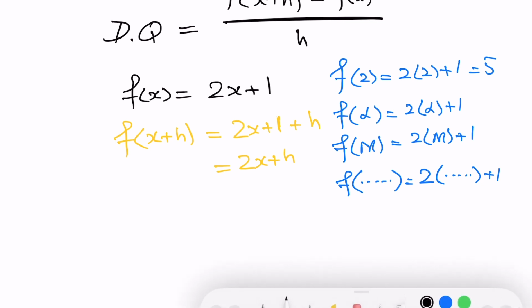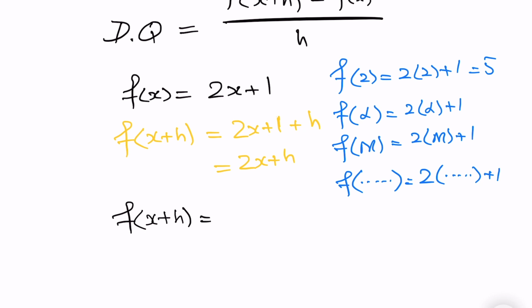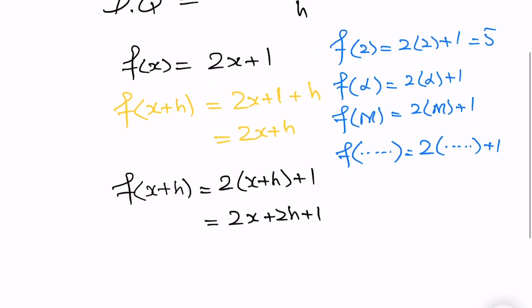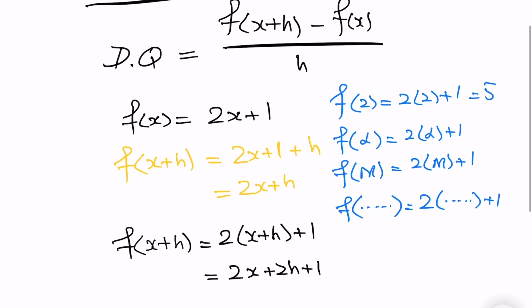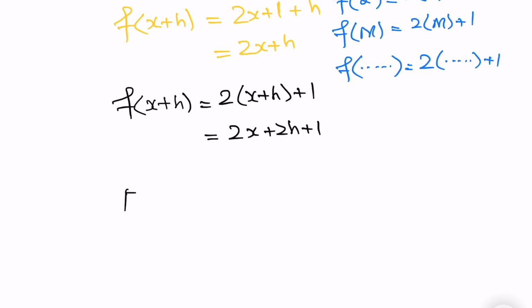Whenever we need to find some function value, whatever your x value, you just plug it in. So f of x plus h, in this case, is going to be 2 times x plus h plus 1. What we have done is replace x by x plus h everywhere on both sides of the equation. Now we can simplify it, and we can say that this is 2 times x plus 2 times h plus 1. Now we can apply that to the original formula for the difference quotient,